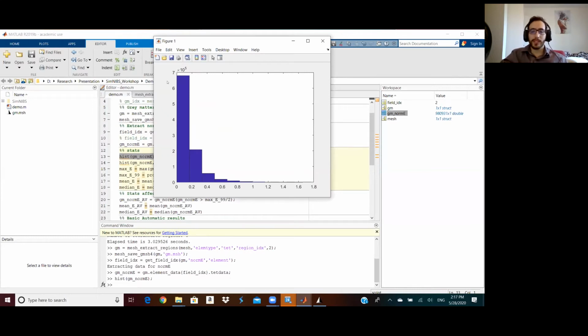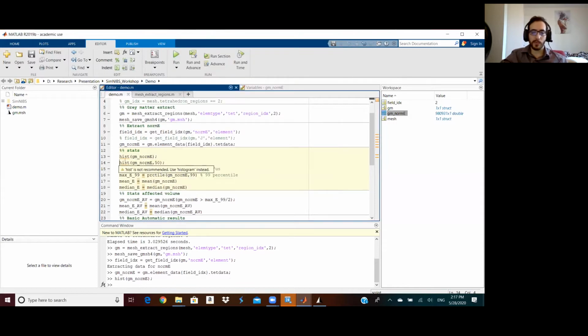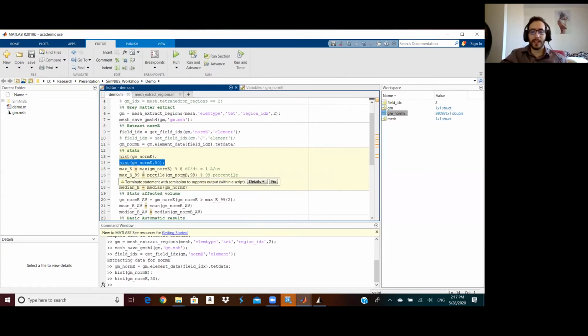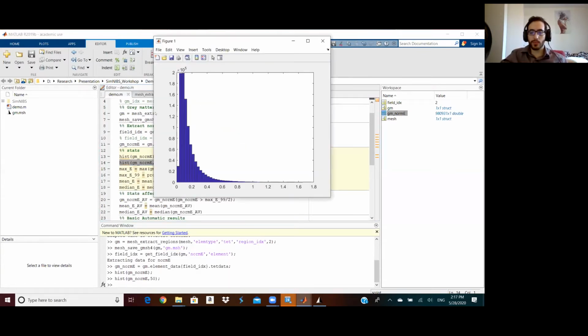And okay, so this is the default value, and I see that the bins are not small enough, so I specify to draw 50 bins for me,